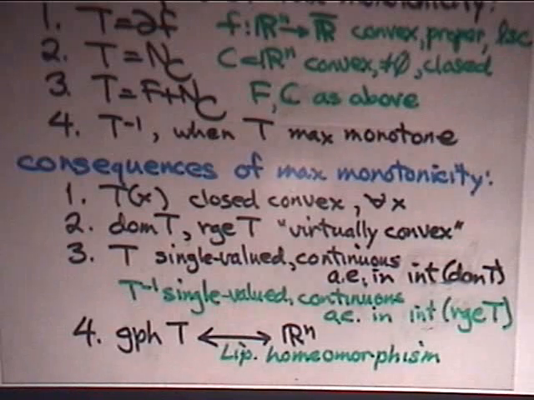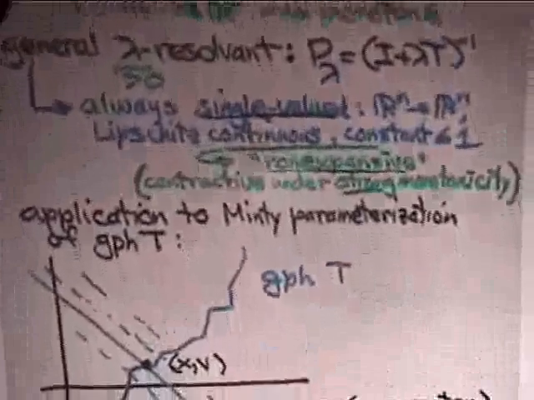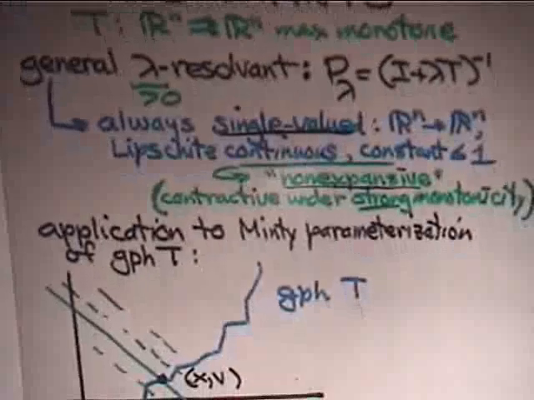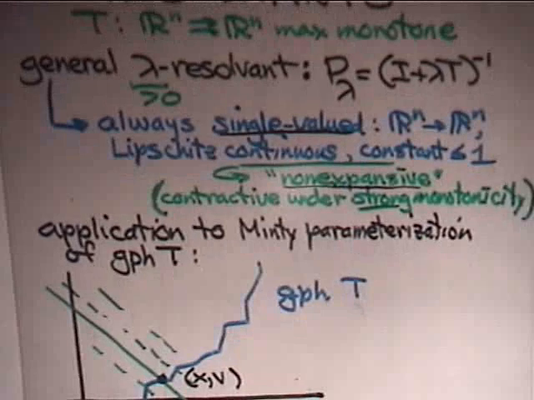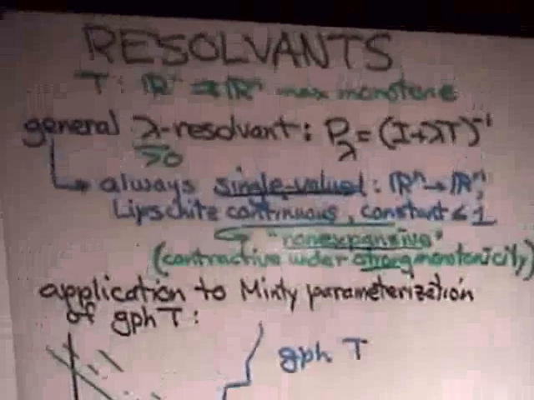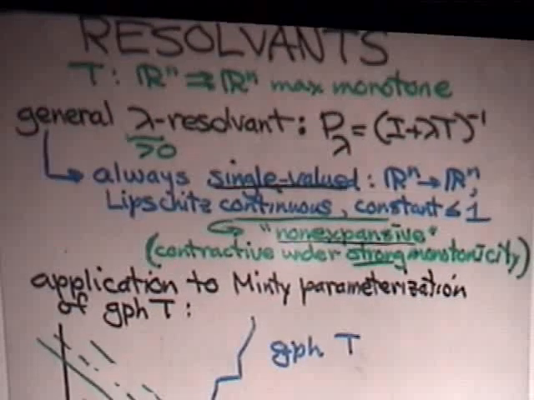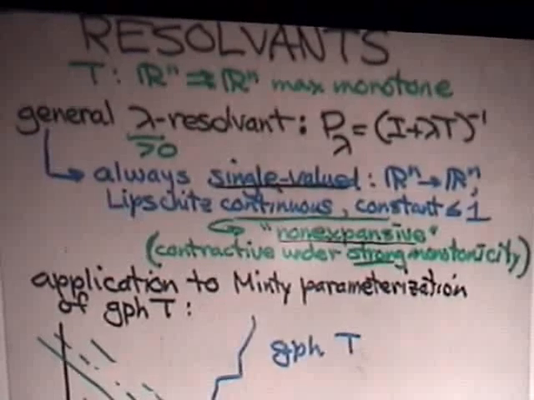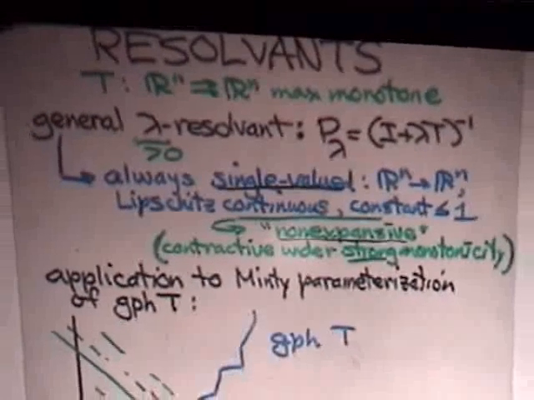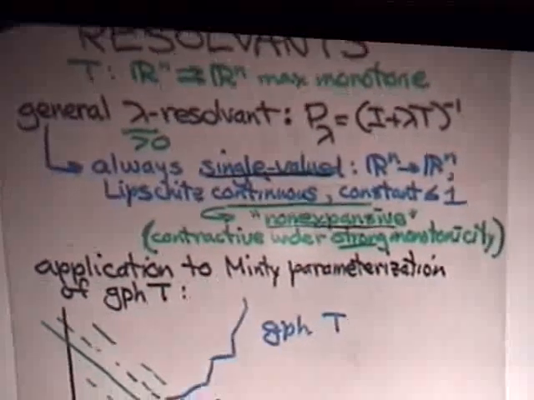Now I'll explain something about this Lipschitz property. The resolvent of a maximal monotone operator, for a general lambda greater than 0, is: you take I plus lambda times the mapping and take its inverse. That's the resolvent. And that, it turns out, is always a single-valued mapping that's non-expansive. It's Lipschitz continuous with a constant less than or equal to 1. It could be contractive if you have what's called strong monotonicity.